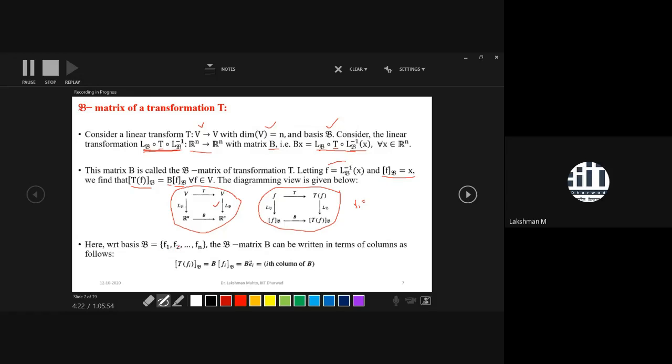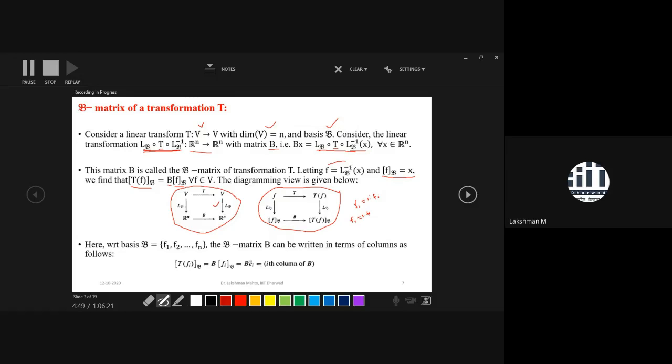Because fi is coming from a basis element, it would be linearly independent with respect to the other elements. So fi would be simply written as 1 time fi, and the coefficient of the other things would be 0. That means if you take f1, what is the meaning of f1? It is 1 time f1, the linear combination of how we write f1 in terms of the basis.